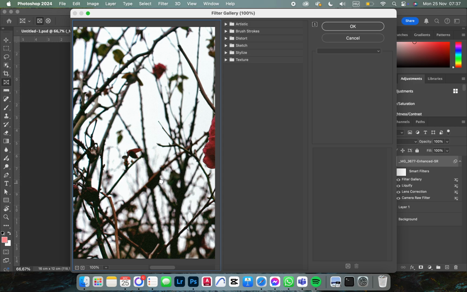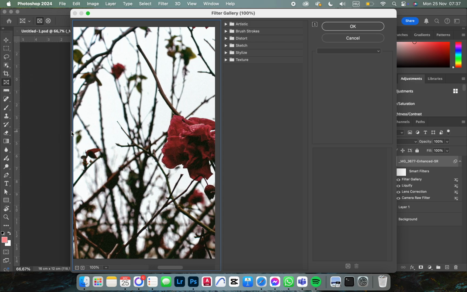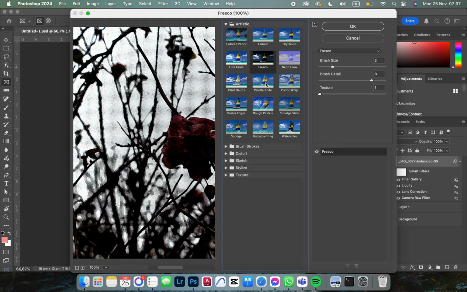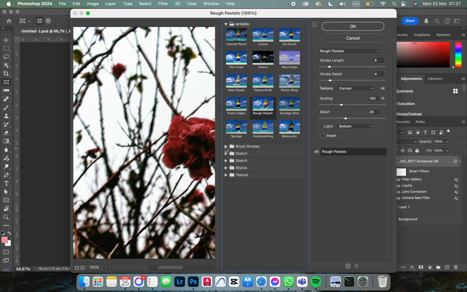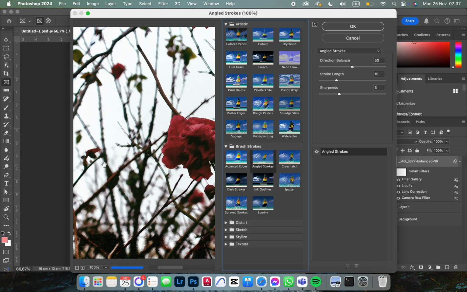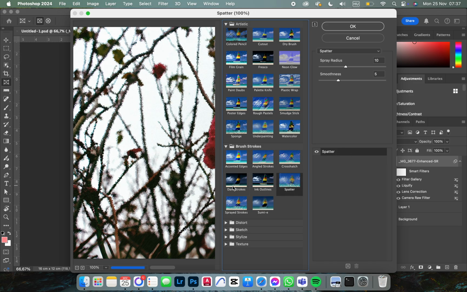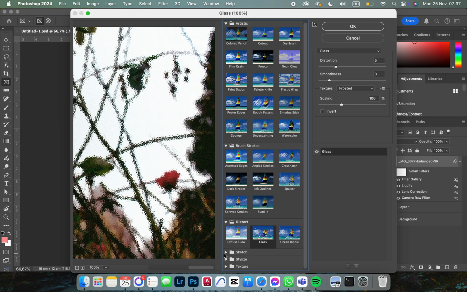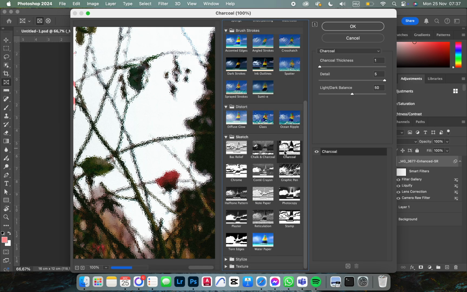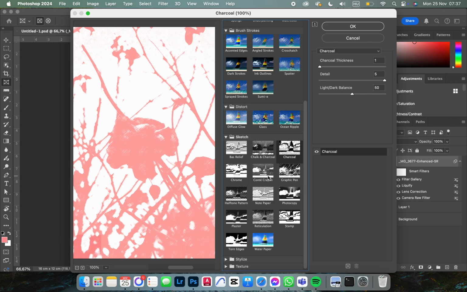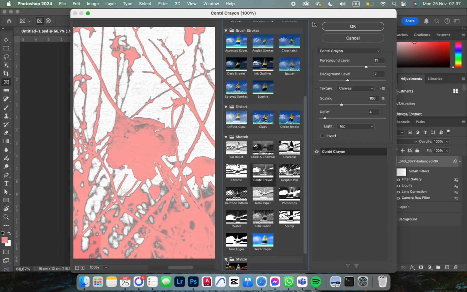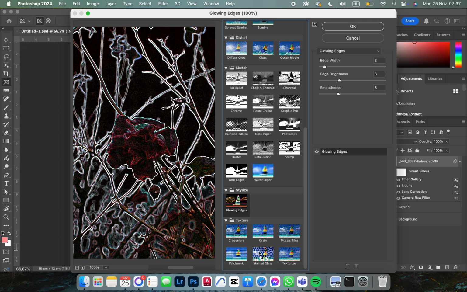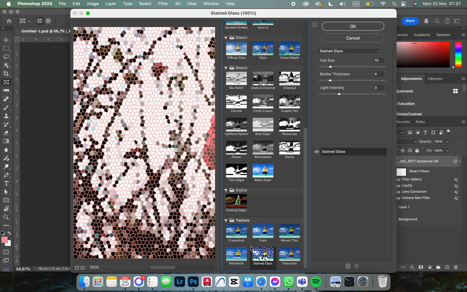Click on this, and from here we can select a bunch of filters. We have artistic ones, brush strokes, as you can see, like this, spatter, distortion filters, sketch filters. Let's see, some stylize, textures, and yeah, that's